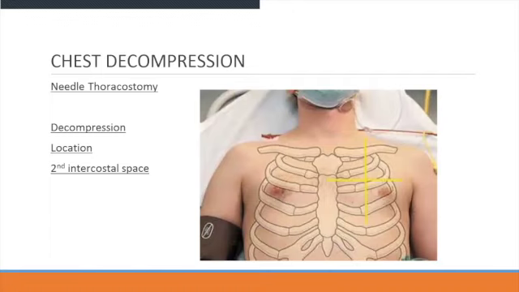So as you see right here, here's going to be your illustration about where the best place to do it is. You're aiming for the second intercostal space. So right below the clavicle starts number 1. You're going to find that rib right below there. Sometimes you may have to push a little harder because for some people it's easier to find than others. And then you're going to go to the next one. And you're going to do it mid-clavicular.